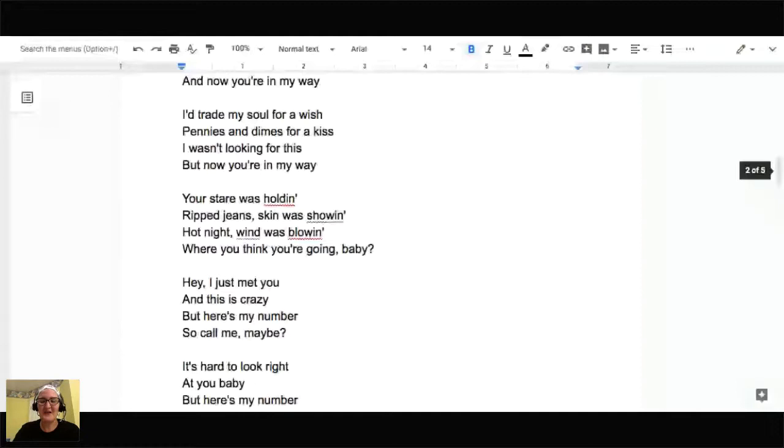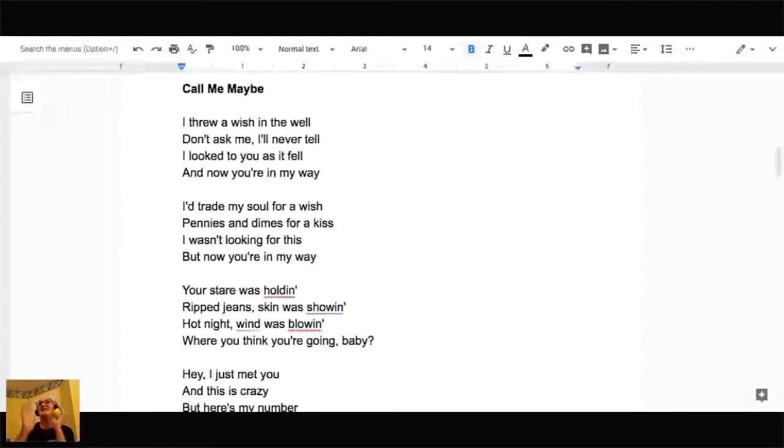So you're thinking about these songs, and you're looking at the rhyme scheme in comparison to the first song. Call Me Maybe. I'm sure you've heard it. Maybe you have, maybe you haven't. Those of you that have heard it before, how would you describe the tone of this song? Let's just go with tone.